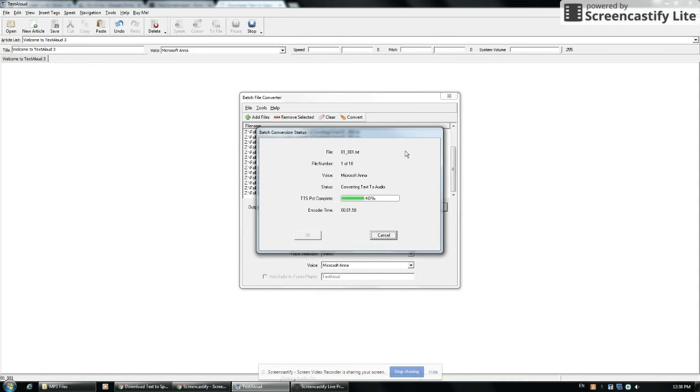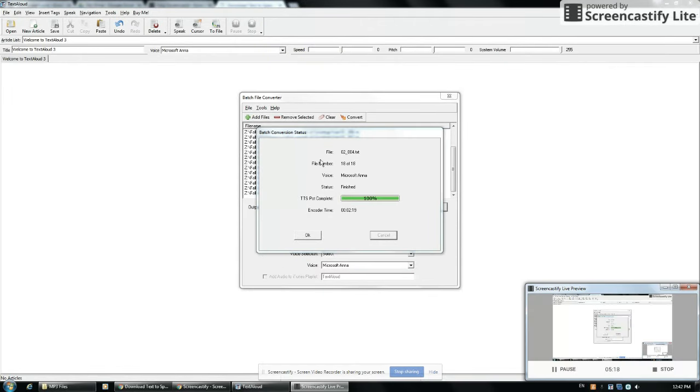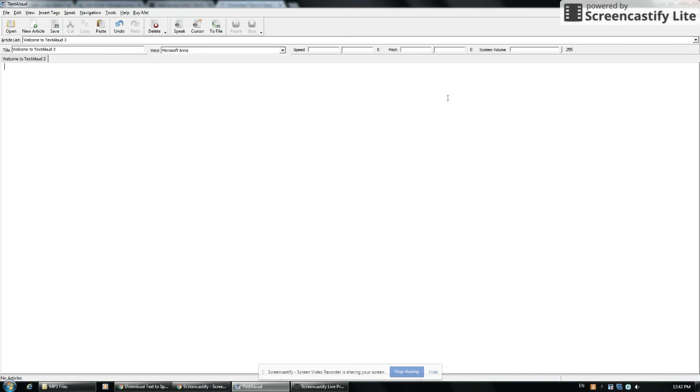Now this can take a little bit, considering that it has to convert each file. And the bigger the textbooks or the bigger the files, the longer it takes. I've converted up to 800 files before in one book. 18 is nothing compared to that. But they'll say file number out of whatever, they'll say finished, and you just hit OK. You can exit out of this,